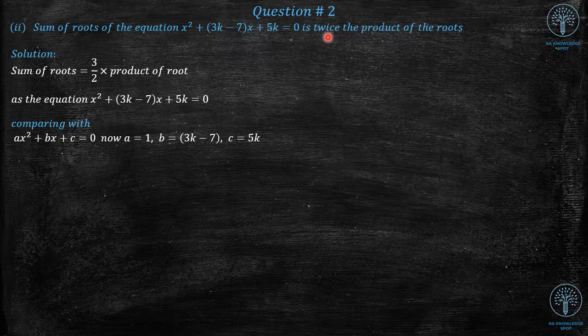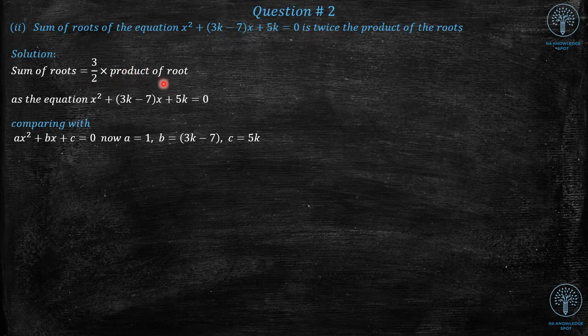There is only one difference. Here it is 3 by 2, and in the previous question it is twice. Twice means 2 times something, and 3 by 2 means 3 by 2 times something. Now according to this question, the sum of roots is equal to 3 by 2